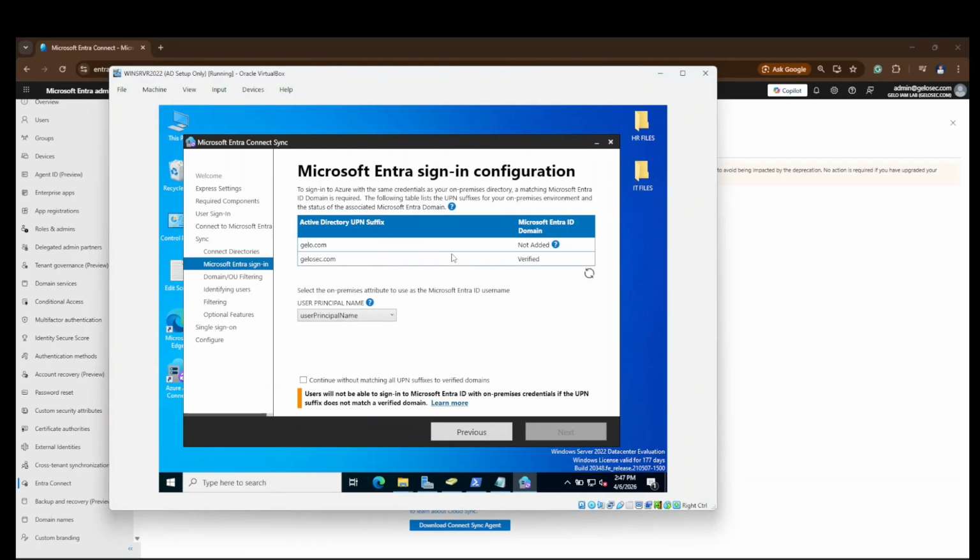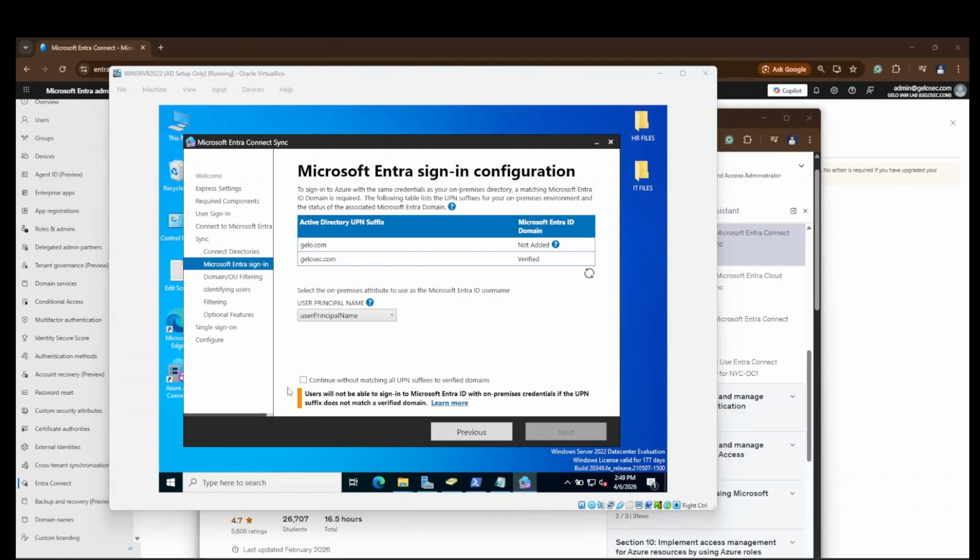Okay, in this screen, we can see that there are two domain names, jello.com and jellosec.com, and our jellosec.com is verified. This domain name is the domain name that I bought. So I already verified it by adding a text record to the DNS configuration.